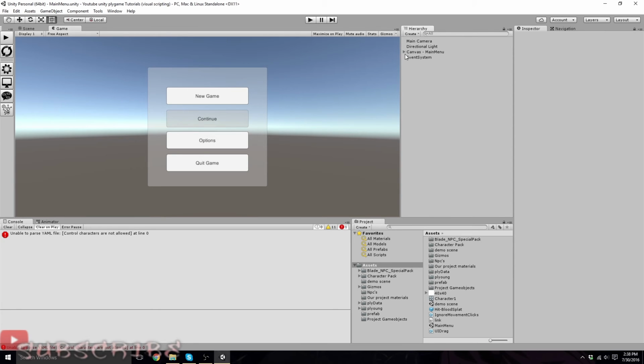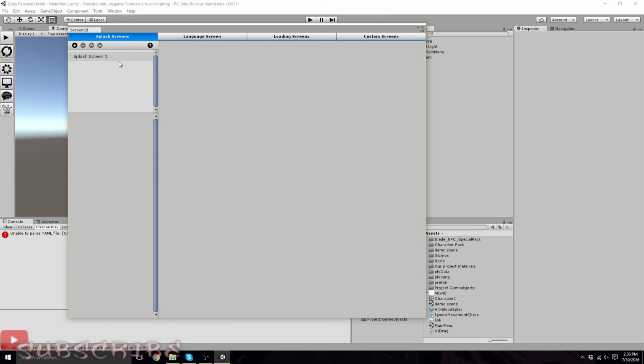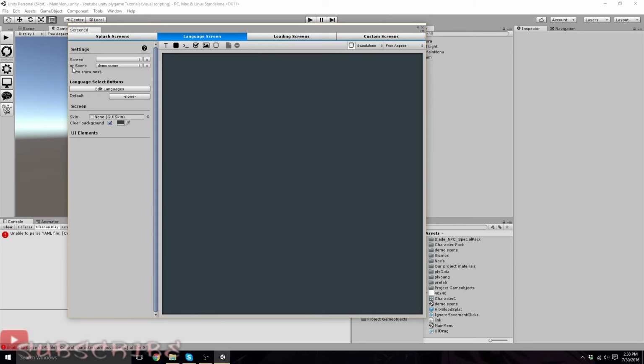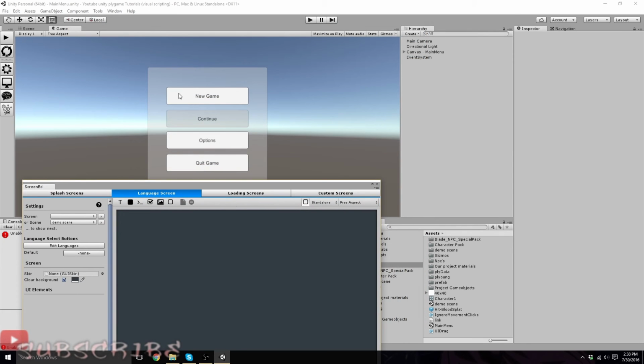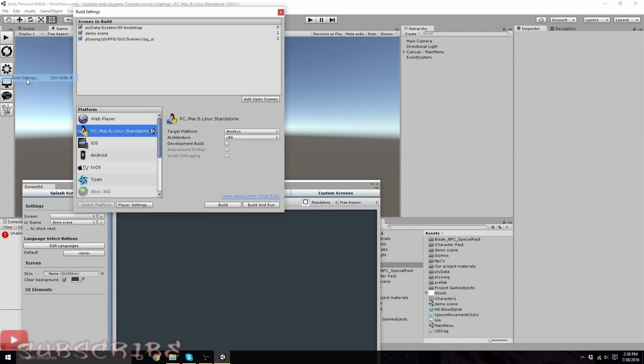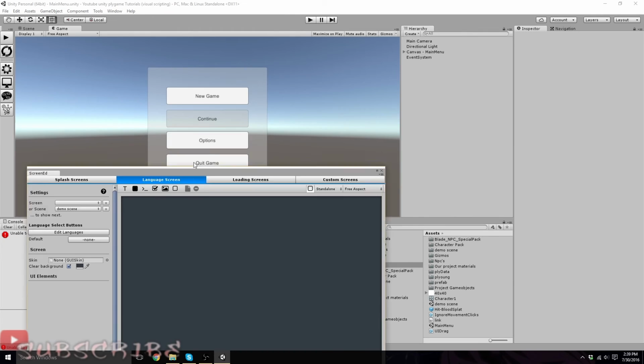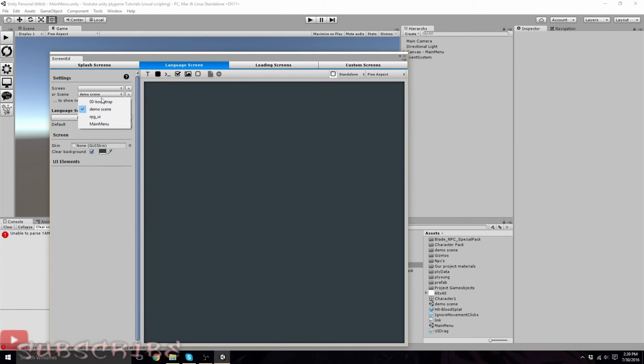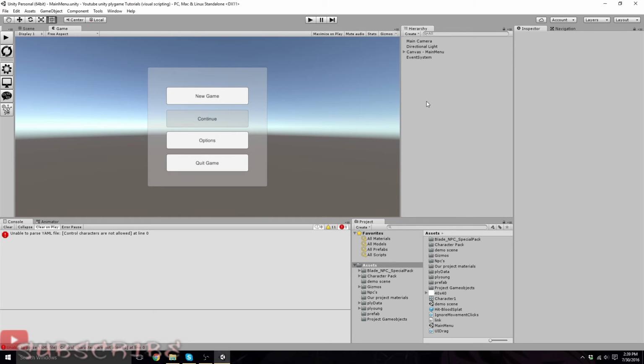Now what we're going to want to do is we're going to want to go into our screen editor, go to language or scene. See, before we can actually add our new scene here, we need to actually go to our build settings first. Add open scene. So now our main menu scene has been added to our build settings. We can now go to or scene and add our main menu scene. So now when we save and we press run game,